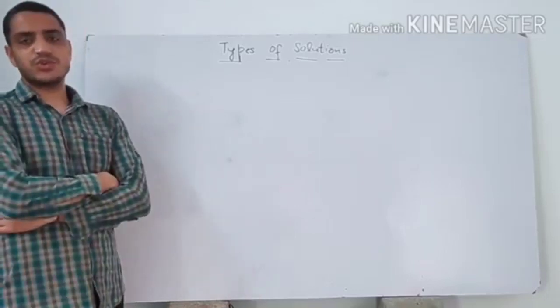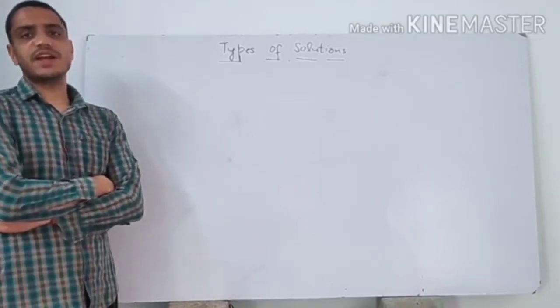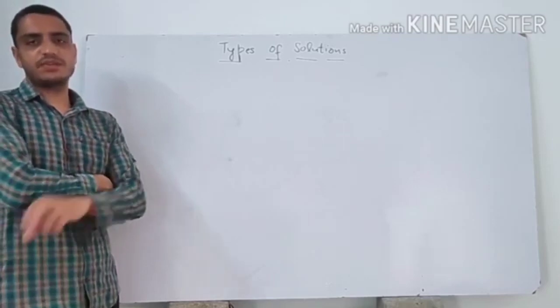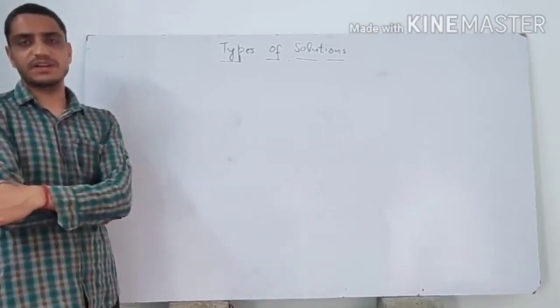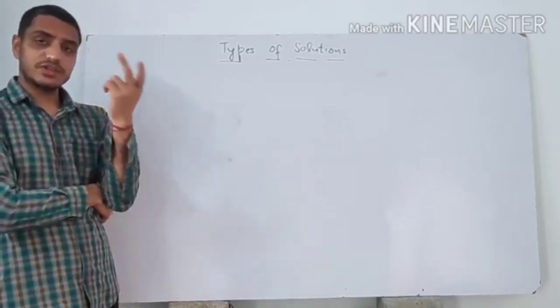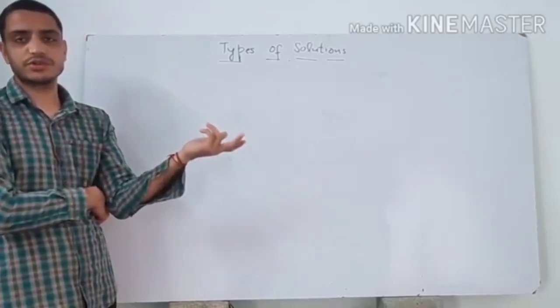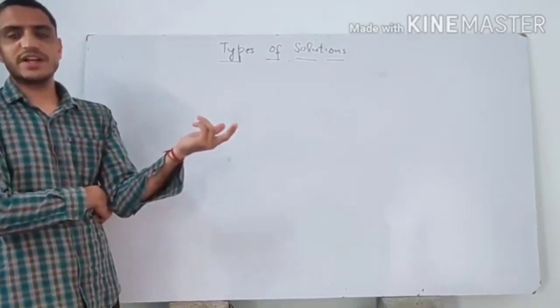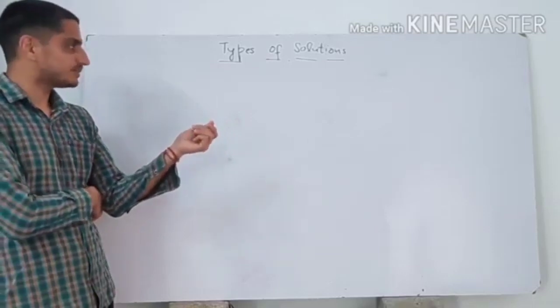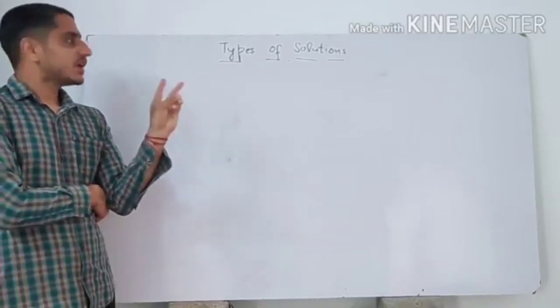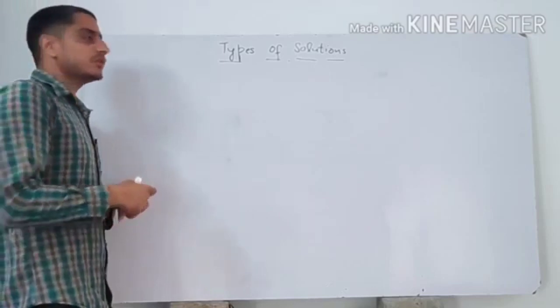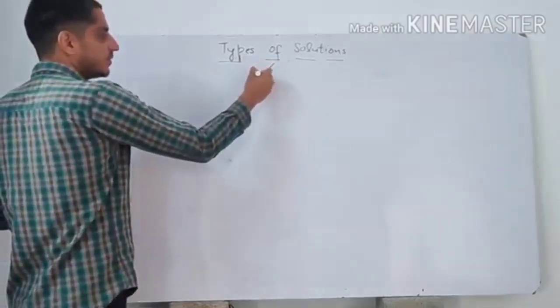In the previous classes or junior classes, you used to think that only the things prepared in water are called solutions. But I have told you in the first lecture also, solutions can be solid solutions also, liquid solutions also, and gaseous solutions also. So a solution is made up of two components. You all know a solution is made up of two components.